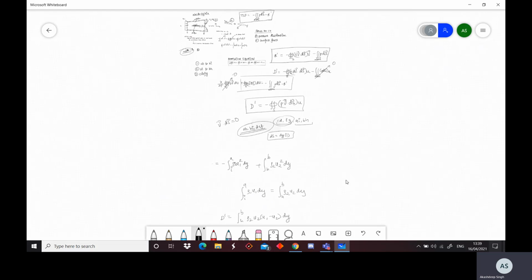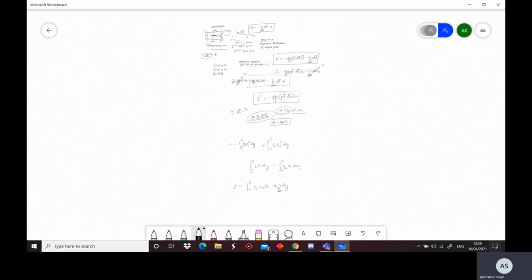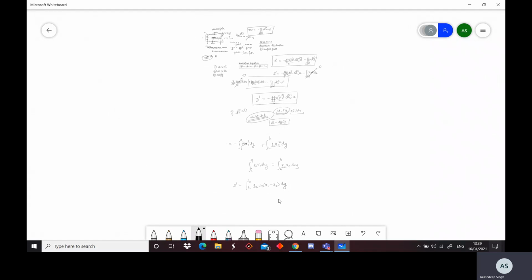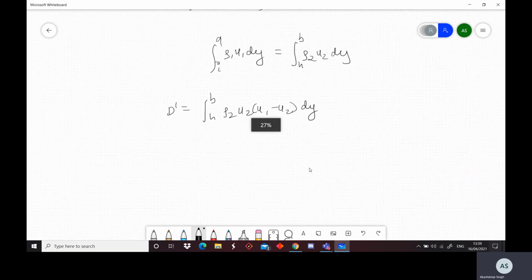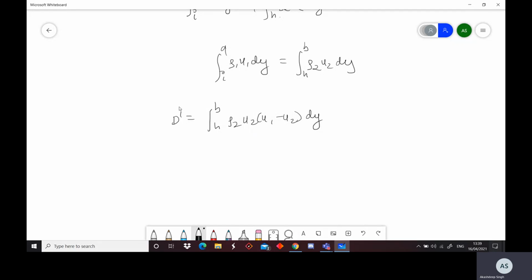So we have finally derived the entire drag per unit span for this problem statement, and this completes our third step. Now, before we end this, I would like to point out some observations from this equation. We know that U1, U2, and rho 2 are known quantities and can be measured in a wind tunnel. These are just flow field properties. If we examine this equation, U1 minus U2 is basically the velocity decrement at a particular location y.